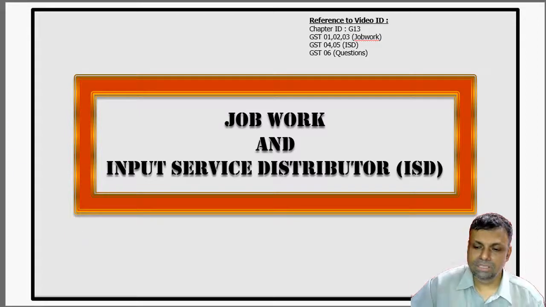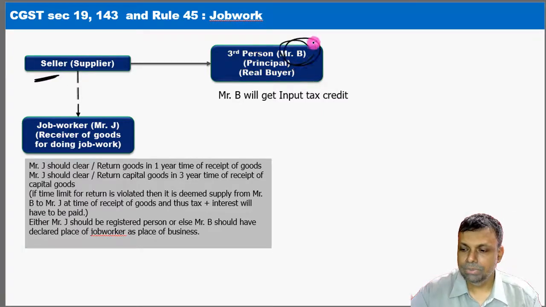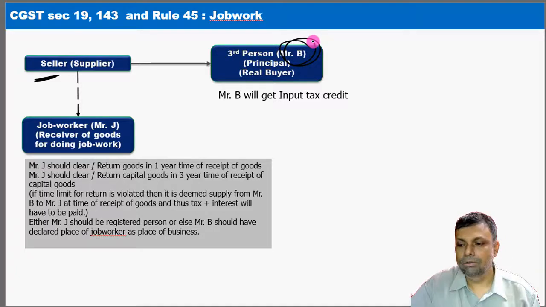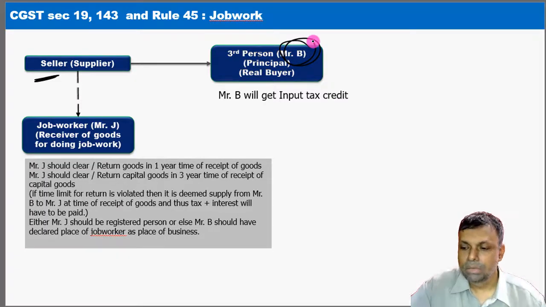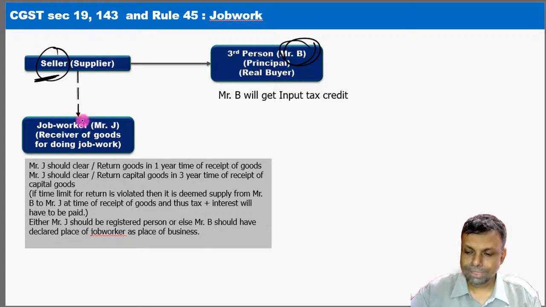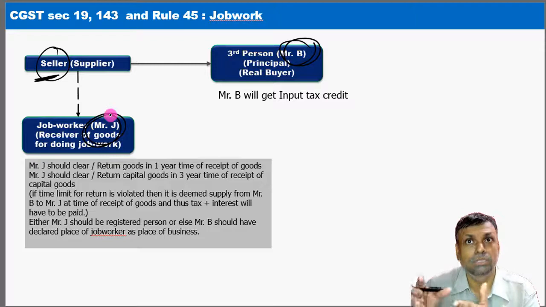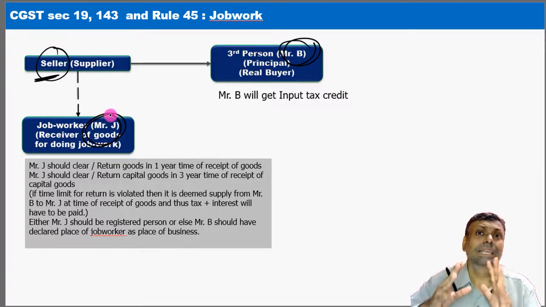Let us understand the hardcore basic transaction first of all. Say for example, in the given case, there is a supplier D, the seller, and the third person is, say for example, Mr. B. Logically I call him the buyer. He is the actual buyer of that particular goods, but he tells the seller, see, you don't transport goods to my place because I have to give them to my job worker. So you transport the goods to my job worker, who is, say for example, Mr. J. This transaction is accepted by the law. In other words, the law says that the transportation of the goods under the direction of Mr. B, in my example the real buyer, is permitted by the law.